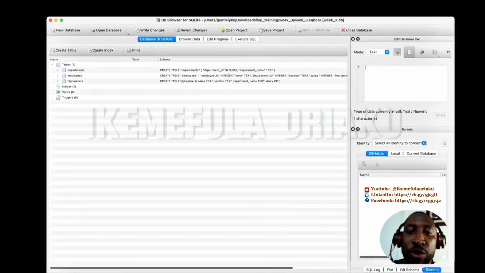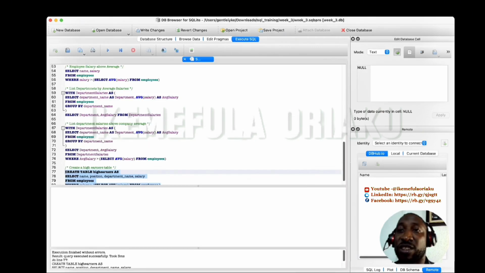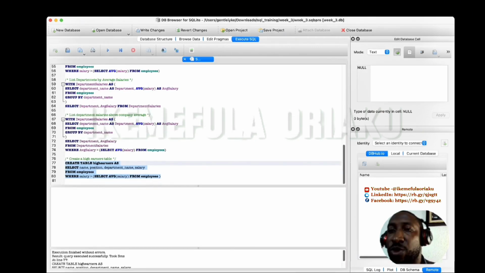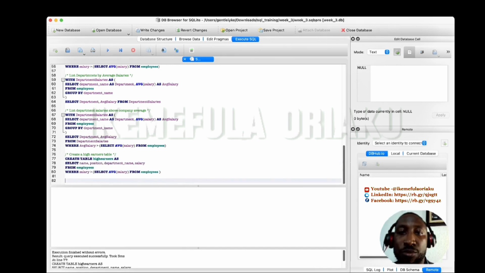So what we are going to do next, before we do the saving, I want you guys to try out something. I'm going to add a new column to our employee table. I'm going to use the SQL function alter table. So commenting out, add new column to table. We're going to use the alter